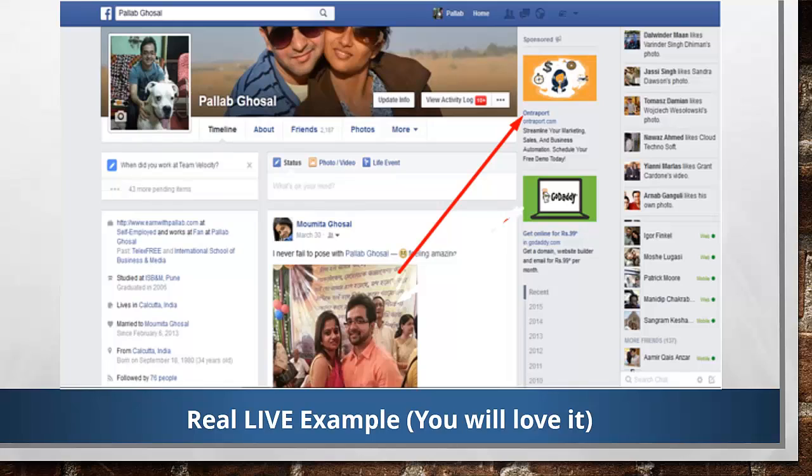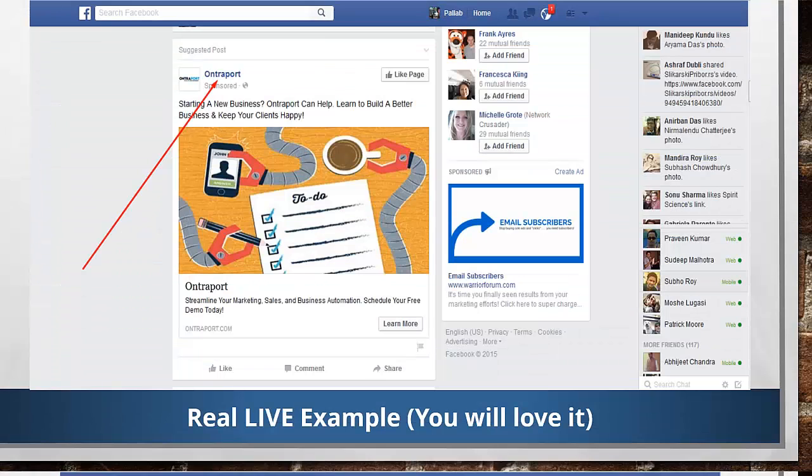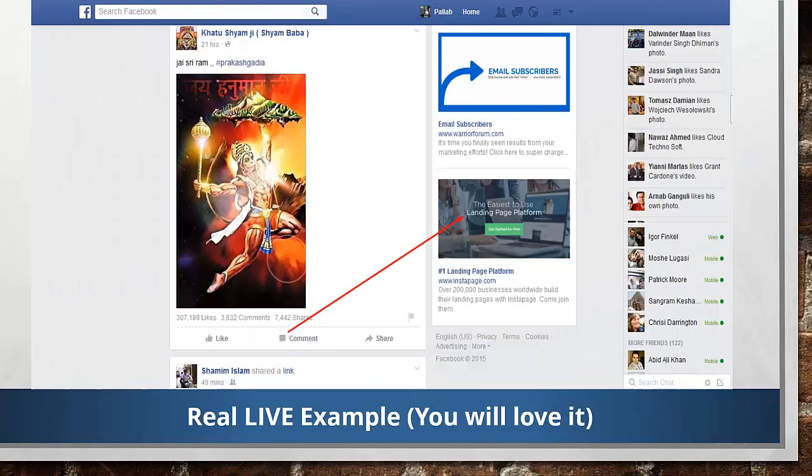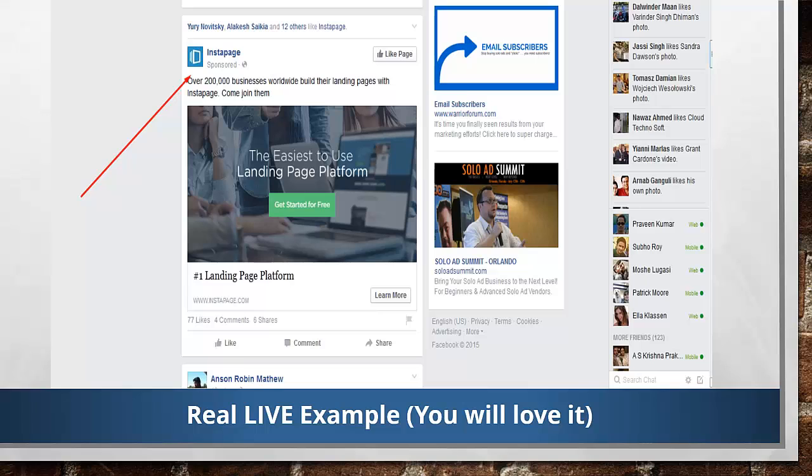Let me give you some real examples using my Facebook. Now, I visited one advertisement here. So once I visited this website, I stayed for some time, but for some reason, I did not purchase from them. Once I came back, immediately they tried to get me back into their website. Another example is this. This page is used to build sales pages or squeeze pages. And the moment I came back, I could see that I'm being tracked inside one of their pages.